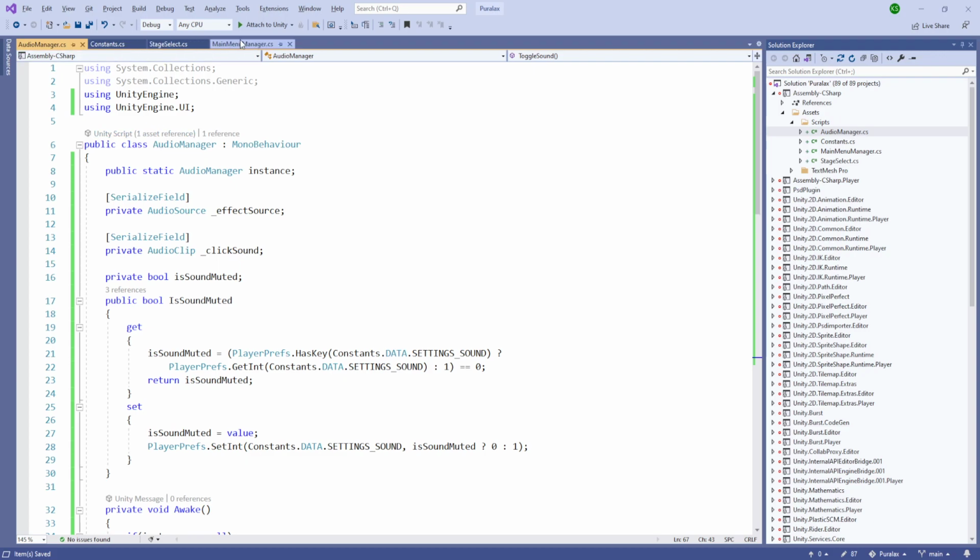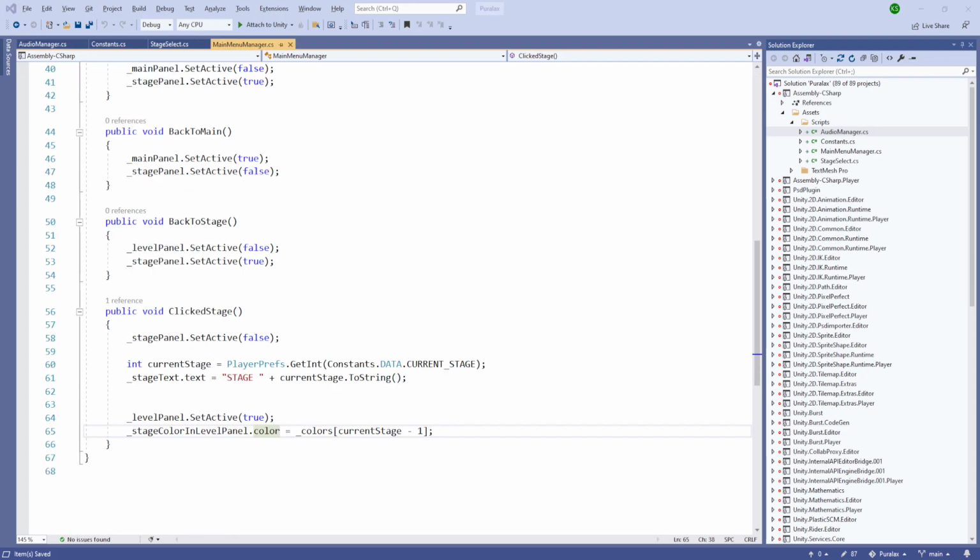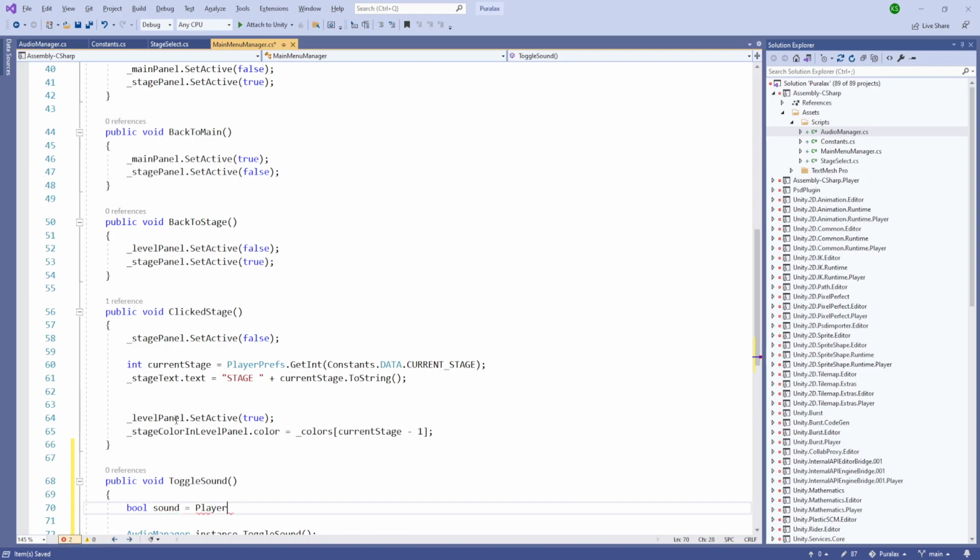So that was it for our audio manager. Now inside our main menu manager, where we created a functionality for toggling our sound, we'll create a function for it. So let's call it public void toggle sound, and at the end of the function it will call audio manager dot instance dot the toggle sound function. And before that, what it's going to do is bool sound is going to be player prefs dot getInt, and we are going to get the constants.data.sound,